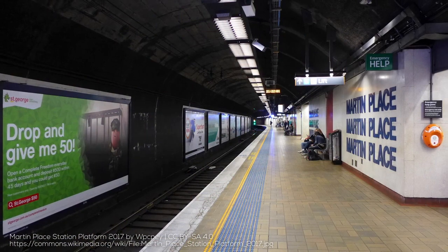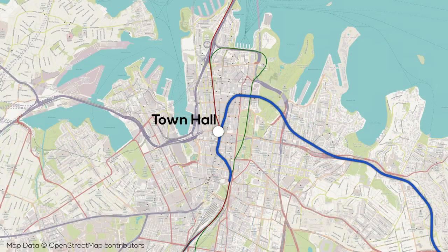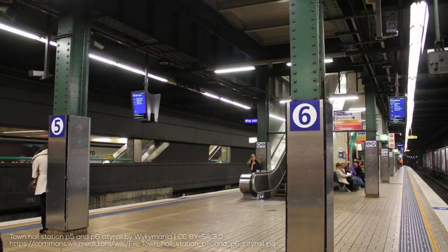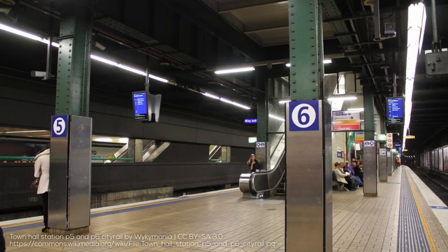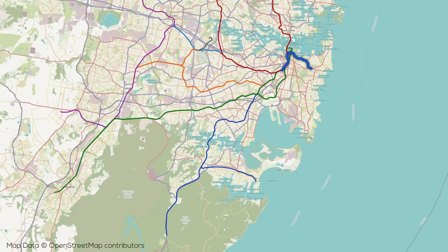tracks crossing the City Circle just north of St. James. From here, the line continues alongside the others through Town Hall, Central, and Redfern, but on a deeper tunneled alignment. It actually shares part of the lower level at Town Hall with one of the tracks from the City Circle. From Redfern, the T4 continues alongside the Bankstown line, continuing beyond Sydenham through many suburbs to the west and